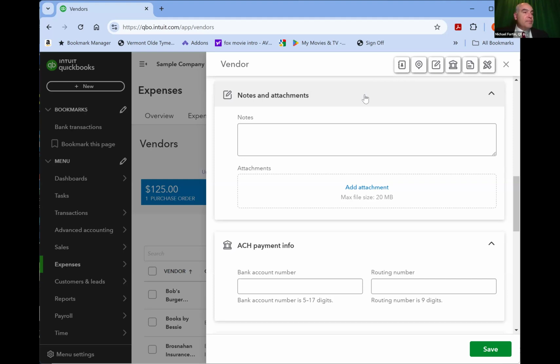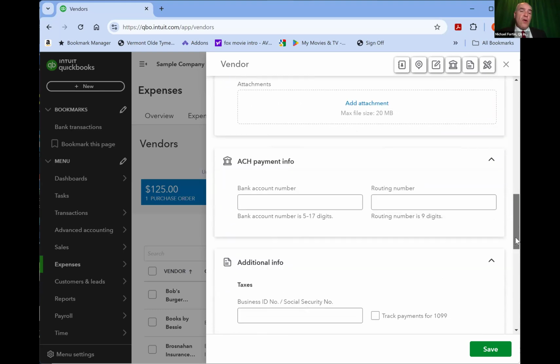So definitely for most uses, you can put a sizable file like a contract in there without any problem, because that would be a pretty big PDF file to be 20 megs. But you can attach different things.